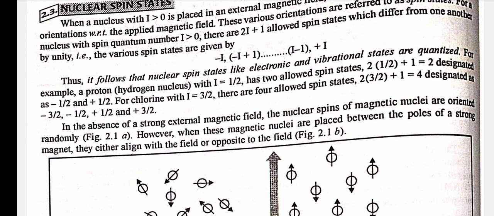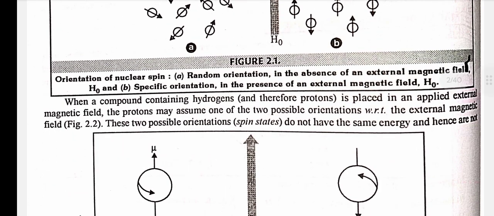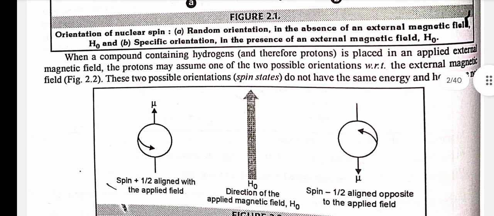In the absence of a strong external magnetic field, the nuclear spins of magnetic nuclei are oriented randomly. However, when these magnetic nuclei are placed between the poles of a strong magnet, they either align with the field or opposite to the field. When a compound containing hydrogens is placed in an applied external magnetic field, the protons may assume one of the two possible orientations. In the external magnetic field, these two possible orientations do not have the same energy and hence are